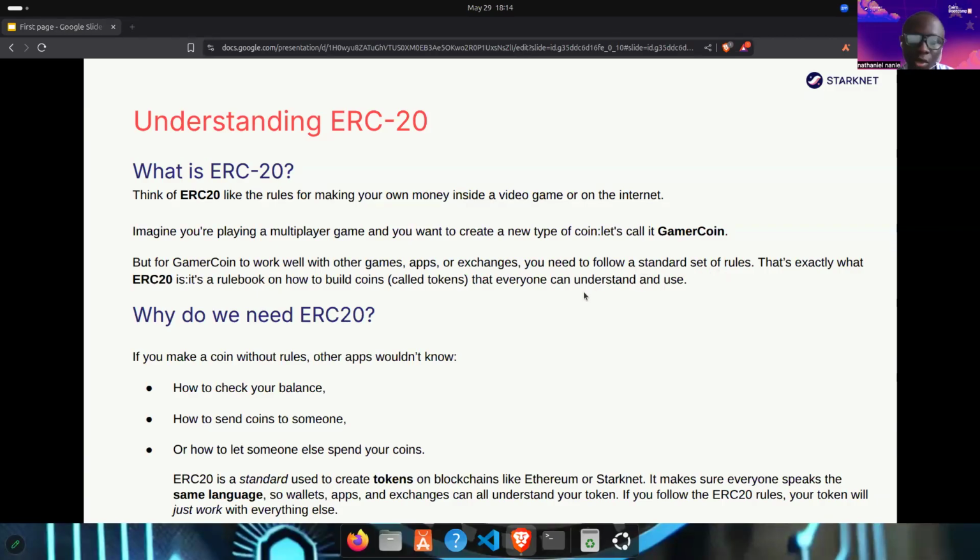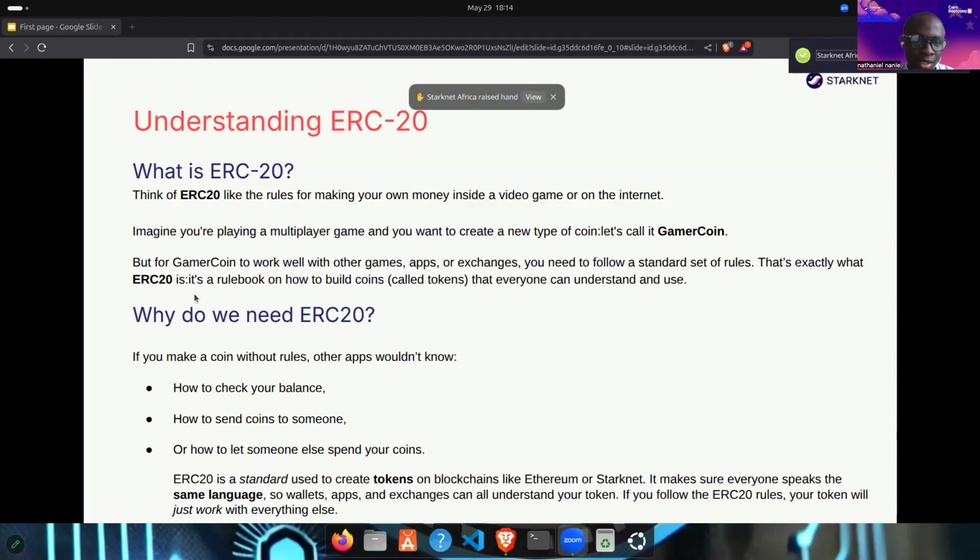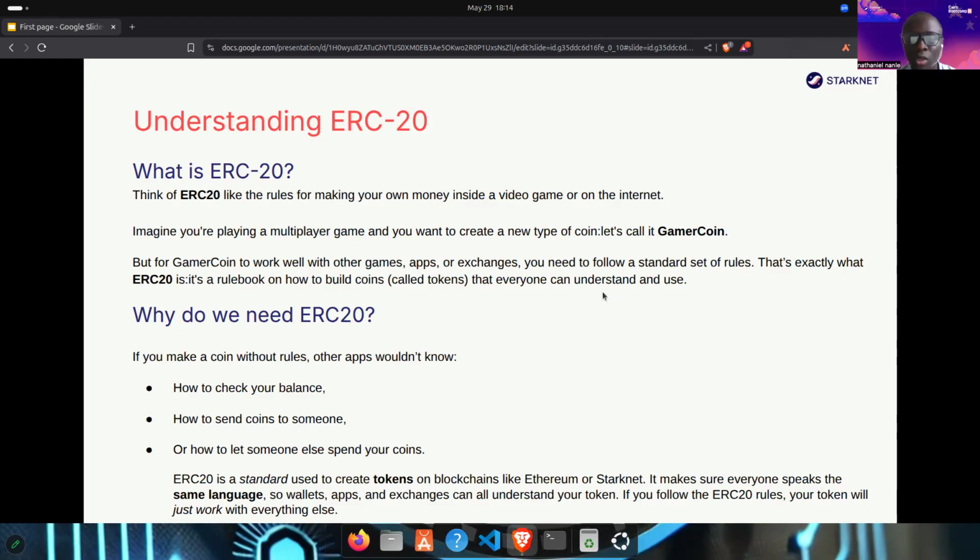That's exactly what ERC-20 is. It's a rule book on how to build coins called tokens that everyone can understand and use. So for your game's gamer coin to interact with other applications on the blockchain,